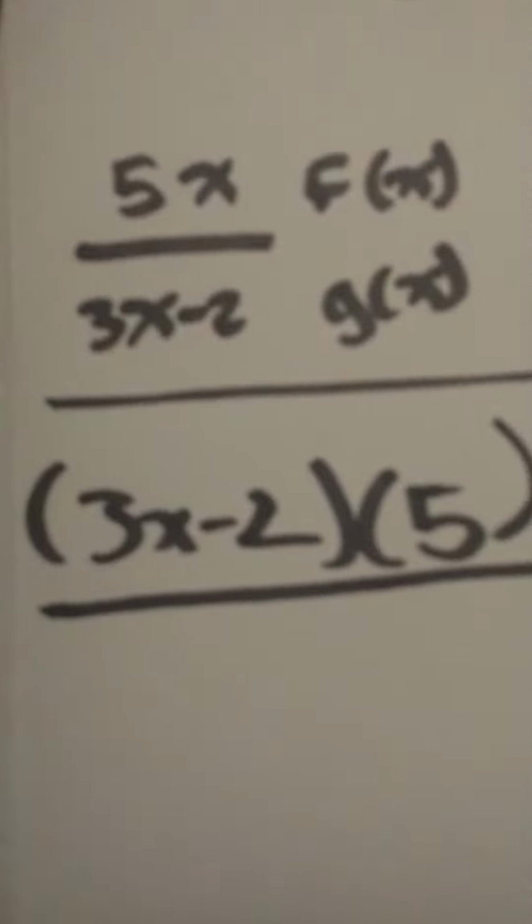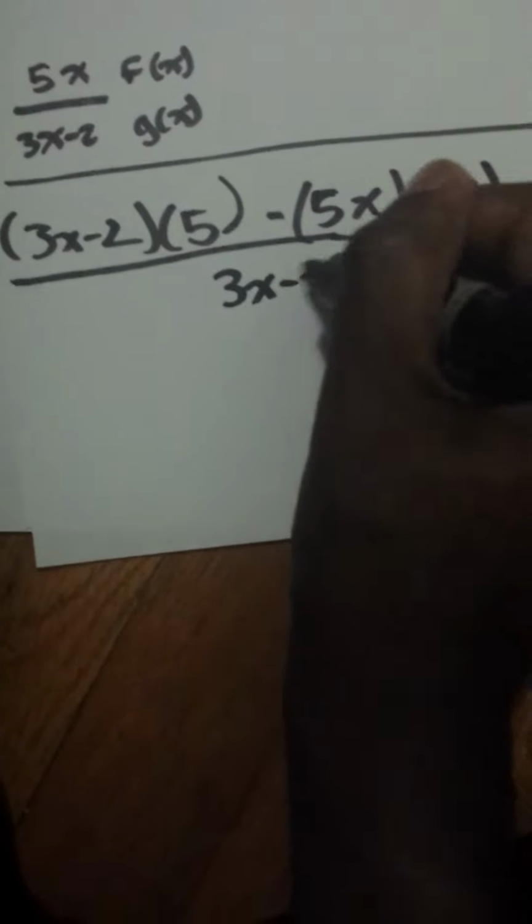The denominator is 3x minus 2. The derivative of 3x minus 2 is 3. And this is all over what? g of x squared. g of x is 3x minus 2. So that will be all over 3x minus 2